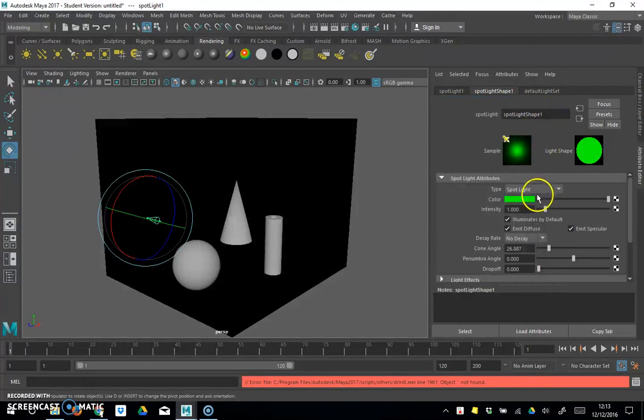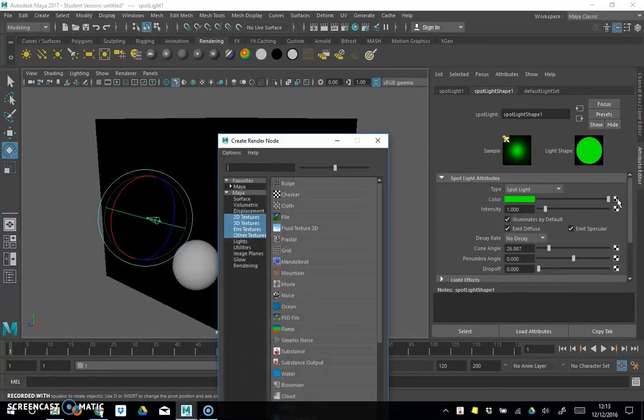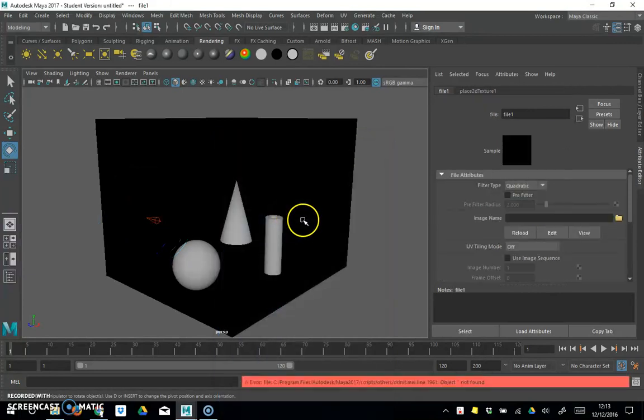So another useful thing we can do with this is we don't have to use colour. You'll see at the side here we've got a little checkerboard thing, which means we can choose an image to apply to our light. So for instance, if I click on that, and then I can come down here and choose File, and I've got some images that I've saved to my desktop. So you'll see over here now,